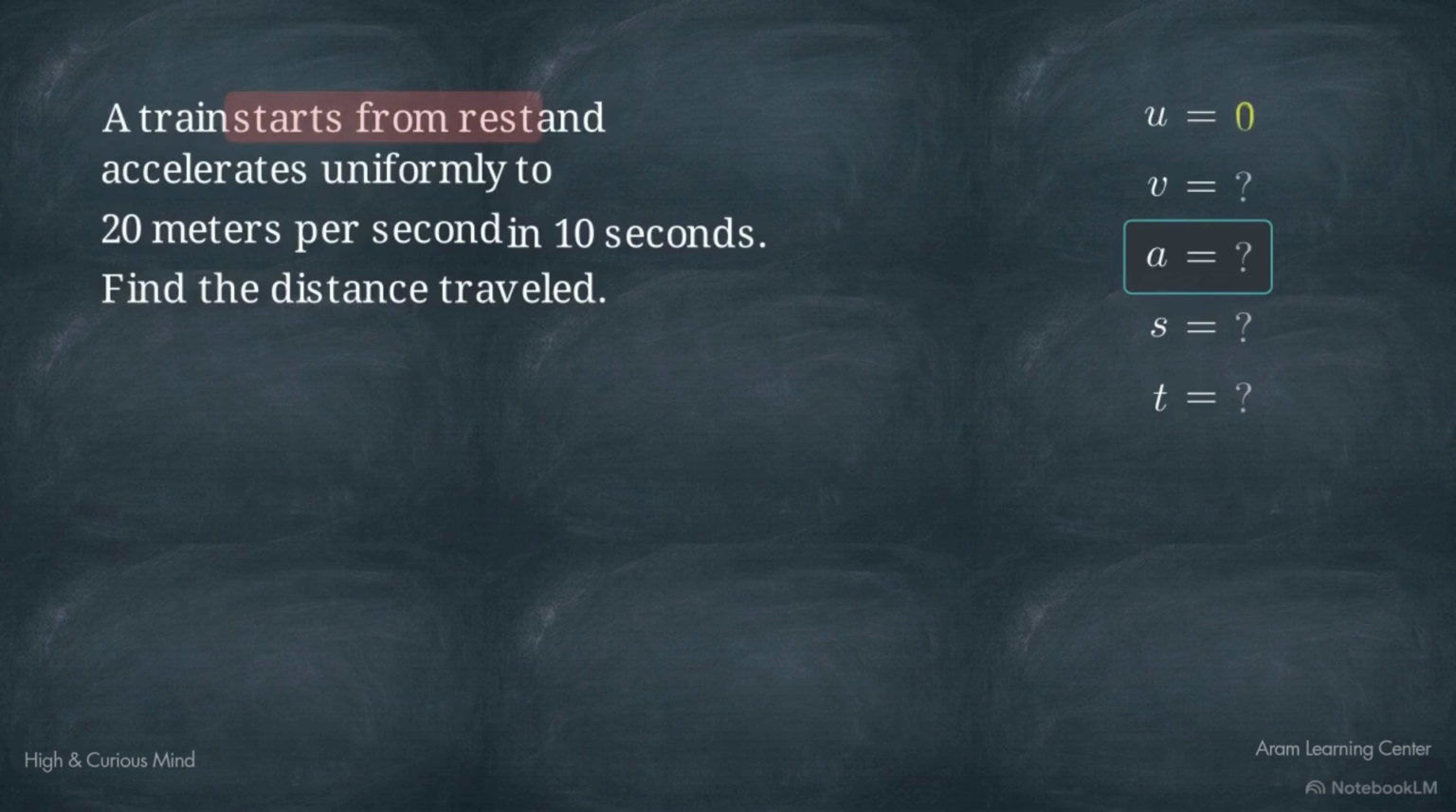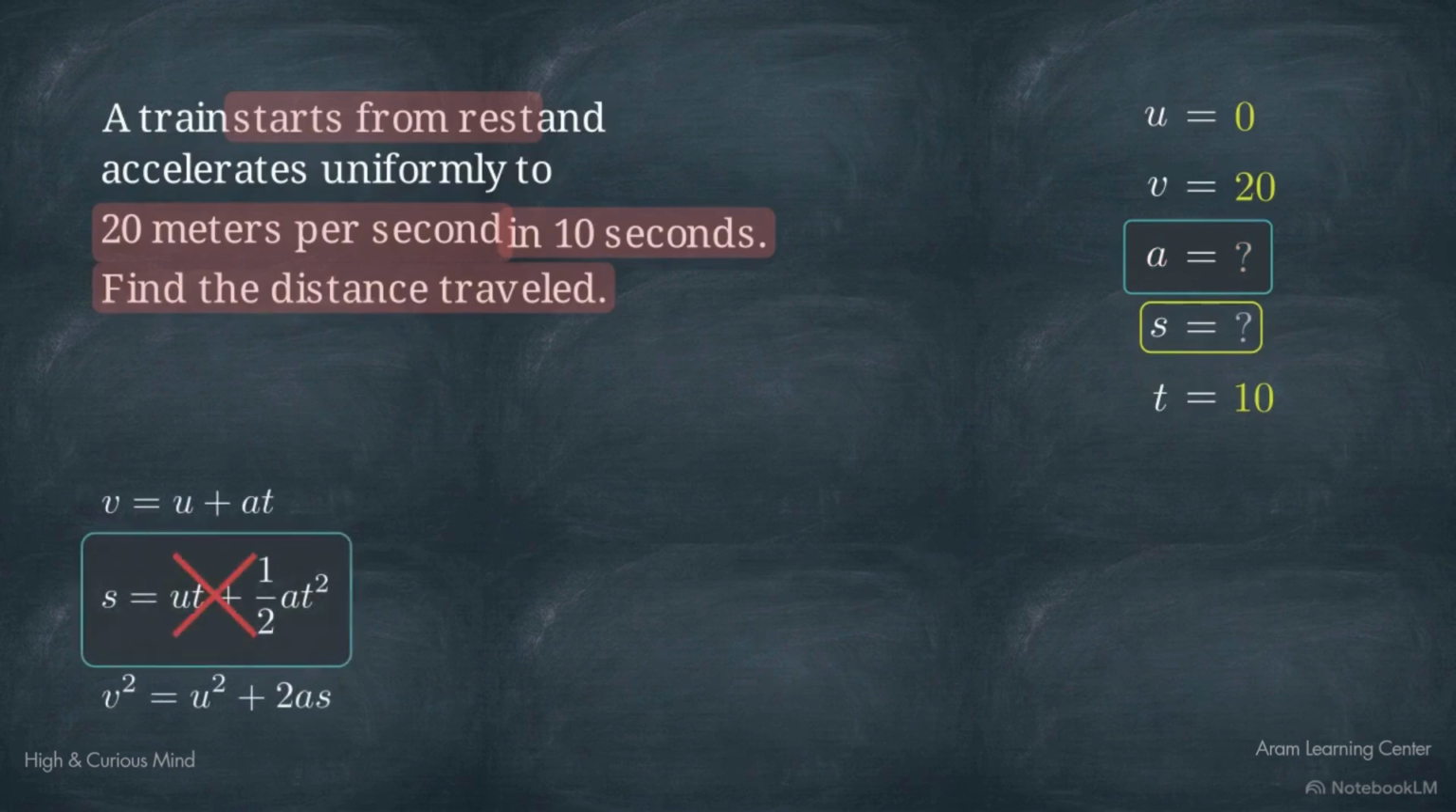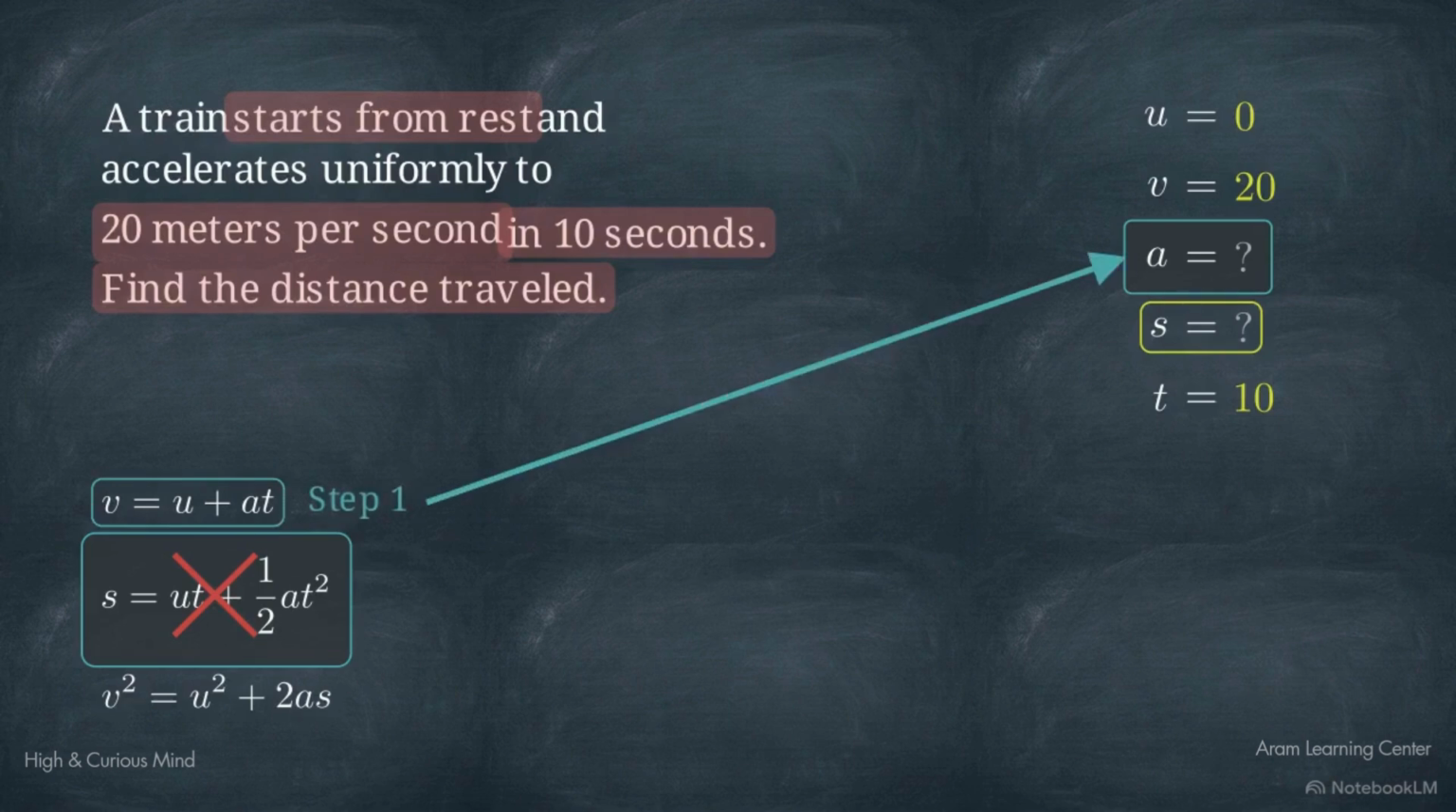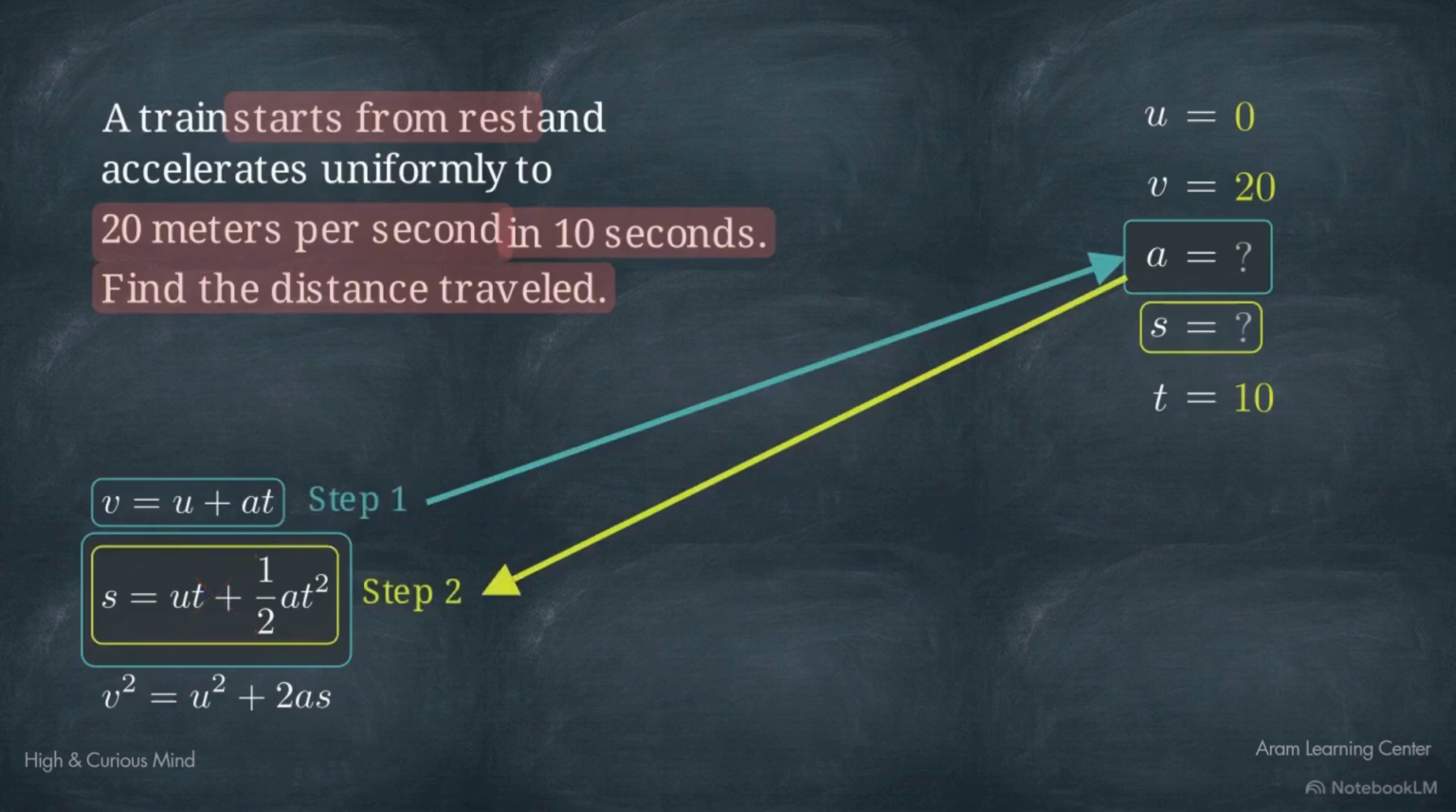From rest tells us the initial velocity, u, is 0. To 20 meters per second gives us a final velocity, v, of 20. And the 10 seconds provides our time, t. We are solving for distance, or s. Since we don't have acceleration, we can't solve for distance in one step. We first use the velocity equation to find the acceleration, and then use that value in our displacement formula to